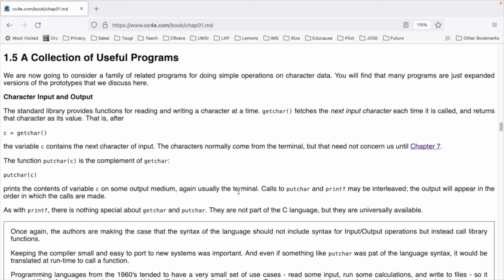getchar fetches the next input character each time it is called and returns the character as its value. That is, after c = getchar(), the variable c contains the next character of input. These characters normally come from the terminal or keyboard, but that need not concern us until Chapter 7. The function putchar(c) is the complement of getchar. putchar(c) prints the content of the variable c on some output medium, again usually the